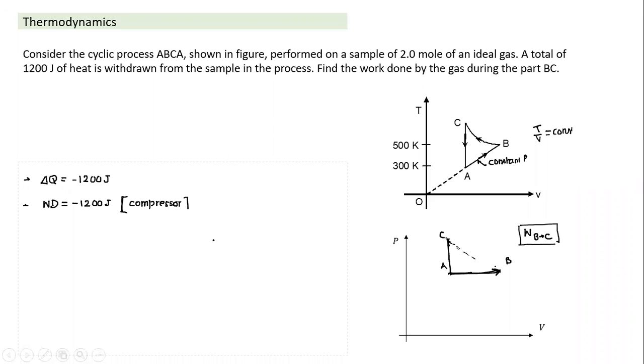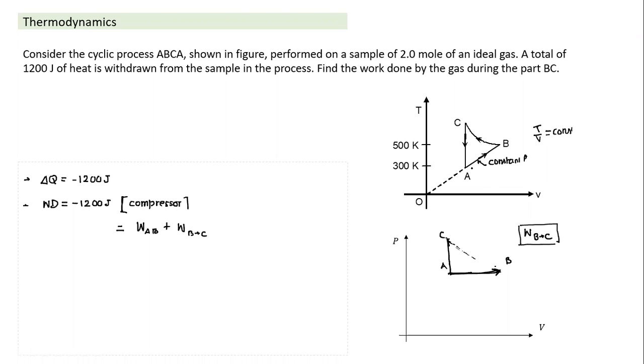How do I calculate work done? Work done is 1200, and no work is done from process C to A. So minus 2000, 1200 I can also write as work done from A to B process plus work done B to C. So if I can find work done from A to B, since this is known, I can find out work done from B to C. That's one way of solving. What is the other way we can solve here? Any other way you can think of?